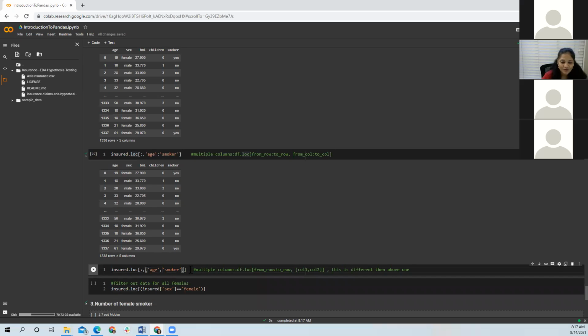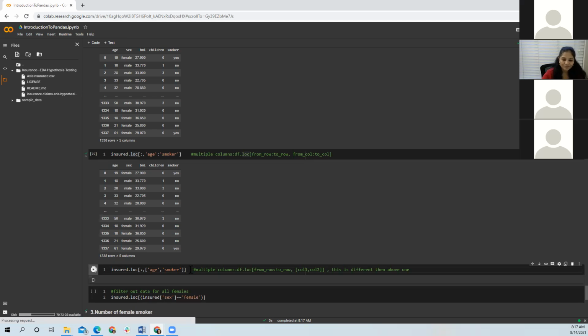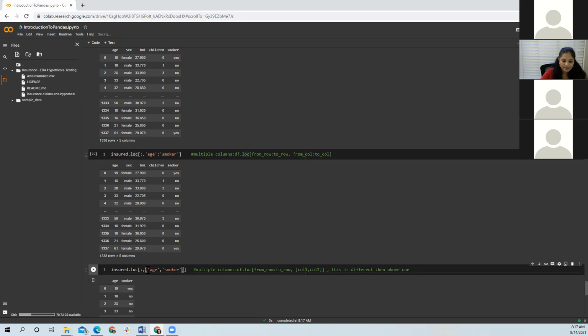I faced a lot of problems initially when I started using this loc. You always remember this would be a list of columns which you want to display. Here, I can see age and smoker, just because I mentioned it with a comma and not these two dots. So it will only show me age and smoker and all the rows.